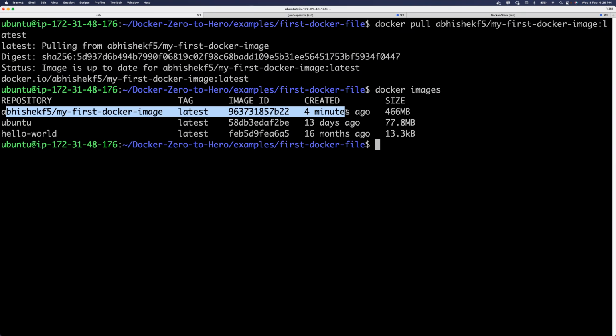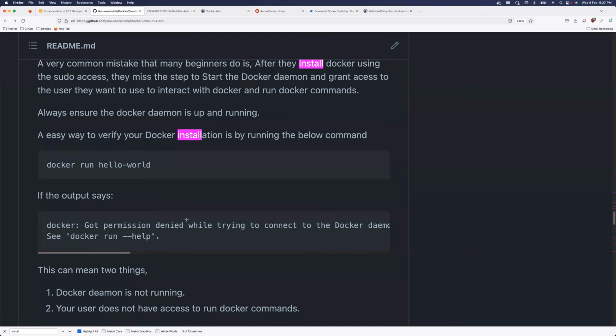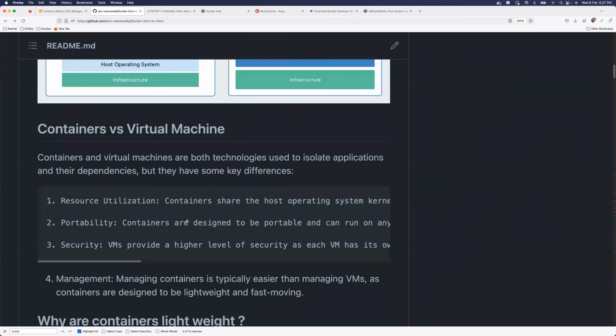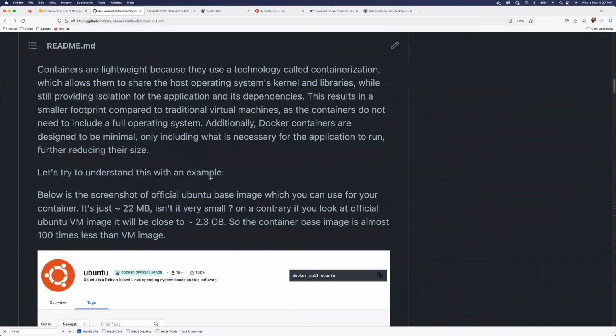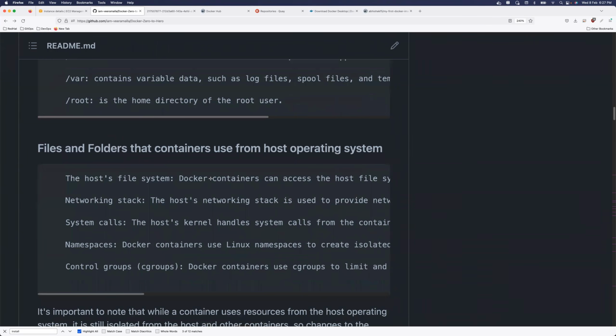So this is how you run your first Docker image and first Docker container. If you did not understand anything here, just provide me the timestamp and tell me. One thing you might not have understood is the Docker commands. Don't worry about it. In part 2, that is in tomorrow's class, I'm going to explain the Docker commands in detail. But everybody, follow this GitHub repository. Whoever is watching this video, definitely go through this GitHub repository and try it out by yourself. There is very informative information, not just the things I mentioned in the video, because I took a lot of time to write this repository and I've shared a lot of useful information. So even this will be very helpful for your interviews.